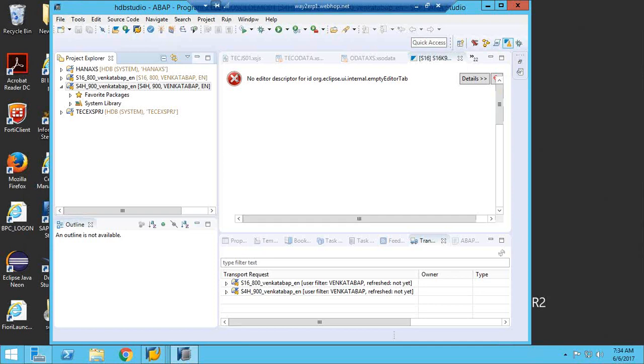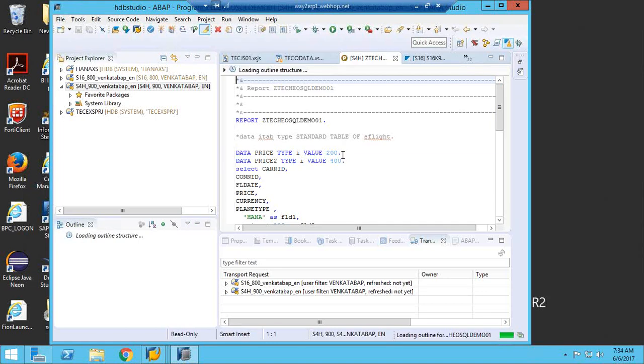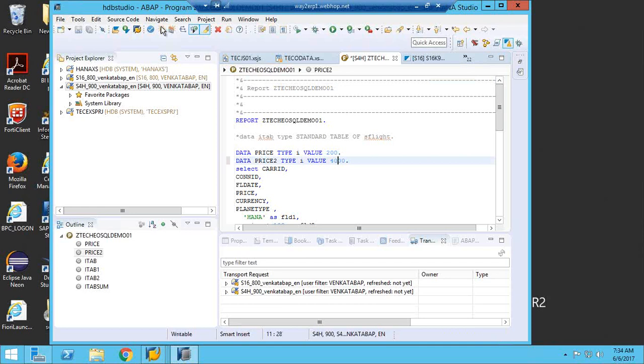I can make any changes, like if you want to add one more 0, I can add it and activate from here. You can see all the variables.